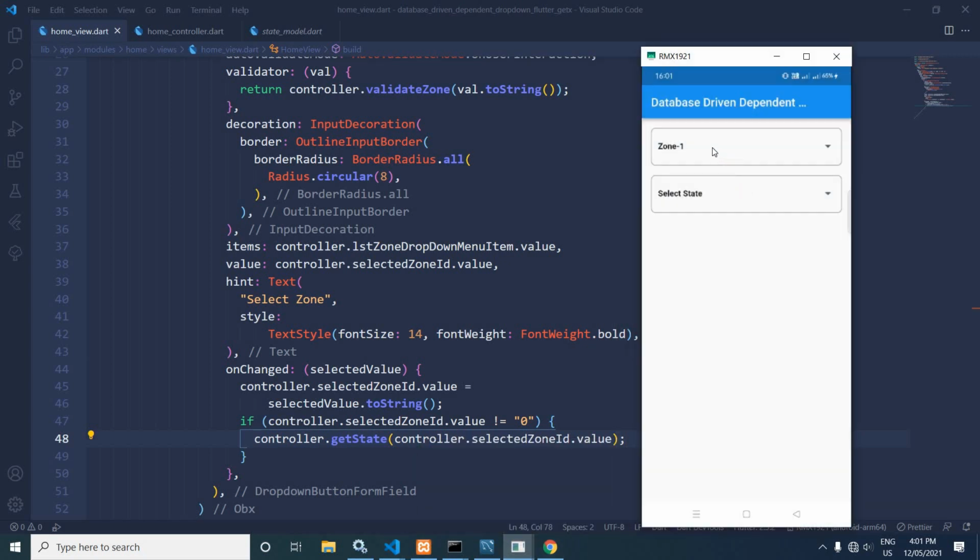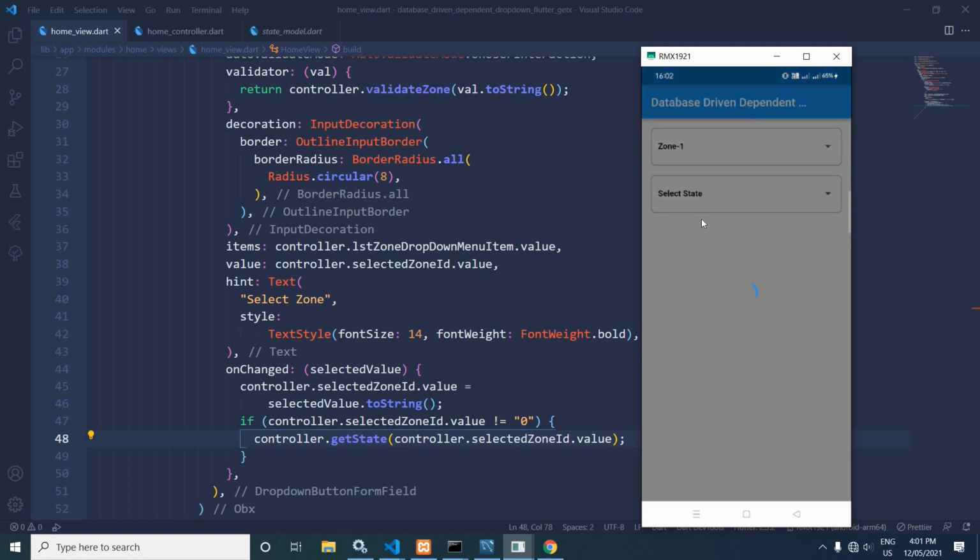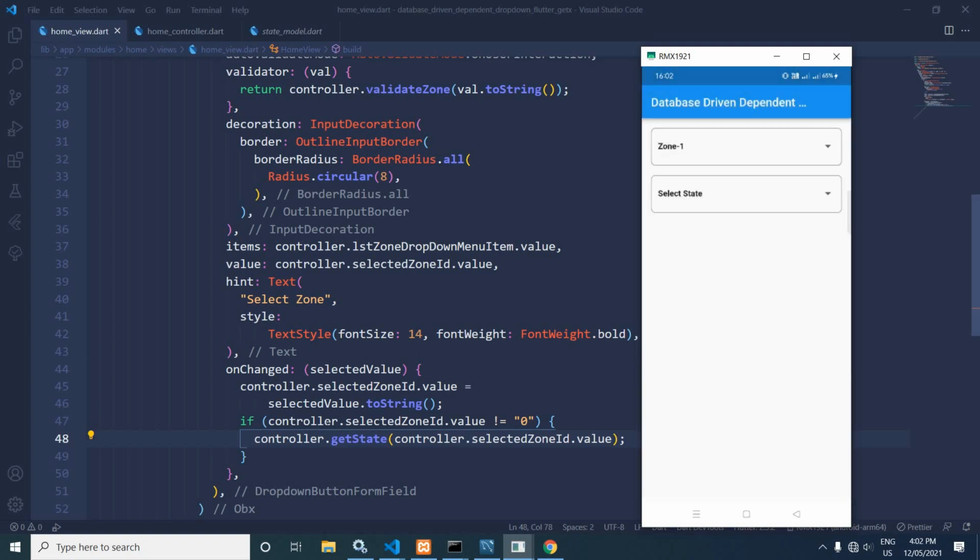Here you can see if somebody selects select zone, which is at the index position 0, at that time it will display this select zone message. But if somebody selects zone 1, then corresponding to that zone 1 the corresponding state will be retrieved. That's why here I have done the checking. If controller dot selected zone id dot value is not equal to 0, this means if someone is not selecting this select zone whose value is 0, then this get state function will not be called. It will be called if and only if the user selects zone 1 or zone 2. Okay,